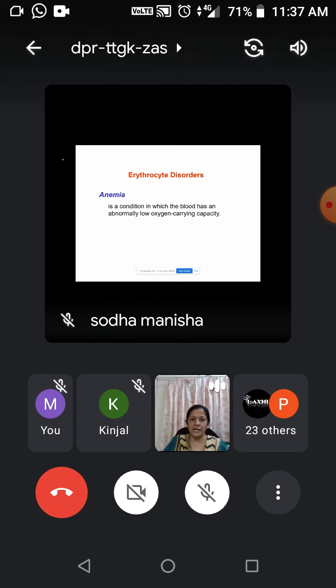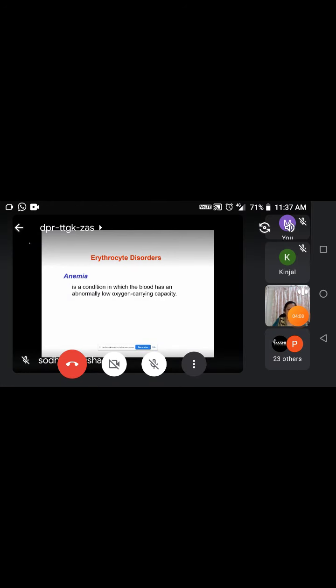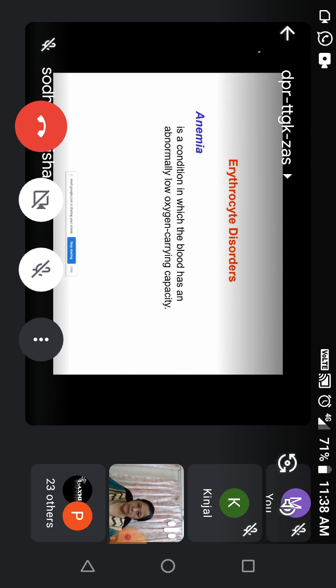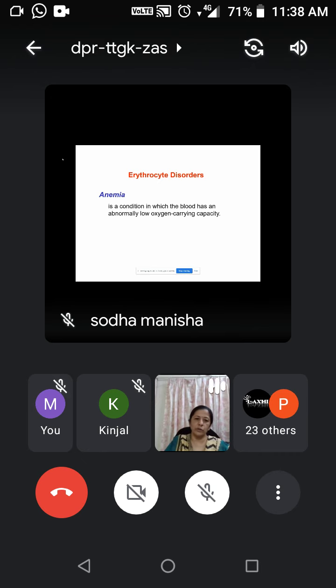Okay, what is this blood transfusion incompatibility? Means mismatching of blood of donor and recipient. So this will lead to agglutination reaction, hemolysis of red blood cell, and it will result in death of recipient. Okay, so that is also a disorder